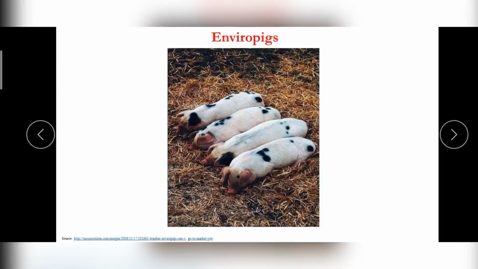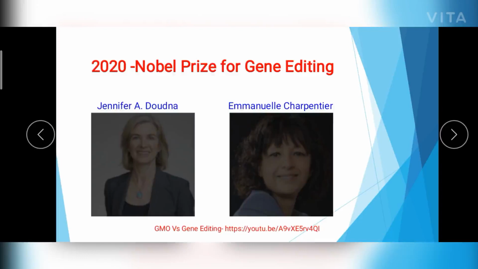And next, these are the Enviro pigs, or the transgenic pigs which are expressing the phytase gene. Now the trend has moved from gene modification to gene editing. This year's Nobel Prize in Chemistry was grabbed by these two scientists, Jennifer A. Doudna and Emmanuel Charpentier, for their work on molecular tools, CRISPR-Cas9. The gene editing technique further gained momentum, and you will know the difference between gene modification and gene editing